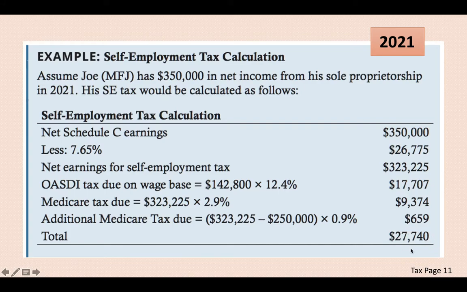So 50% of this you are allowed to deduct on your income tax. Be careful, this is self-employment tax, so it's different from income tax, right? So this allows you to deduct the 50% on your